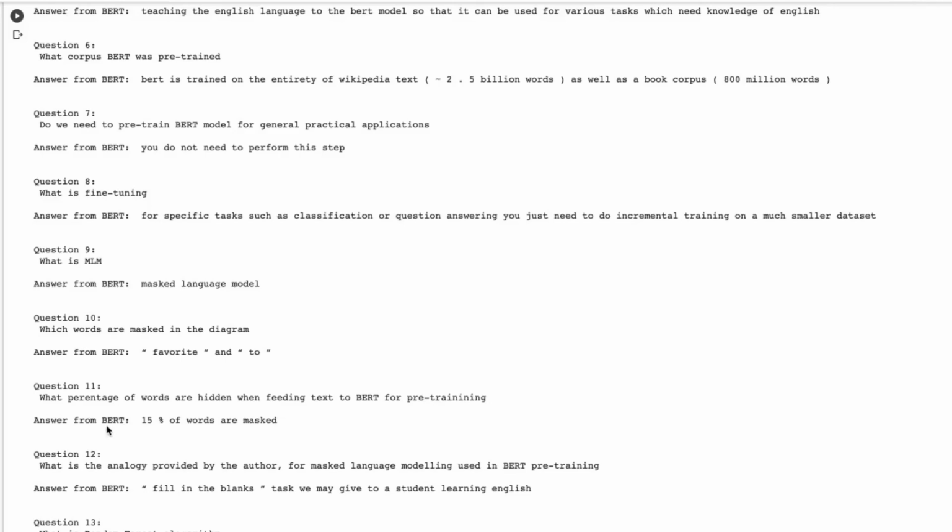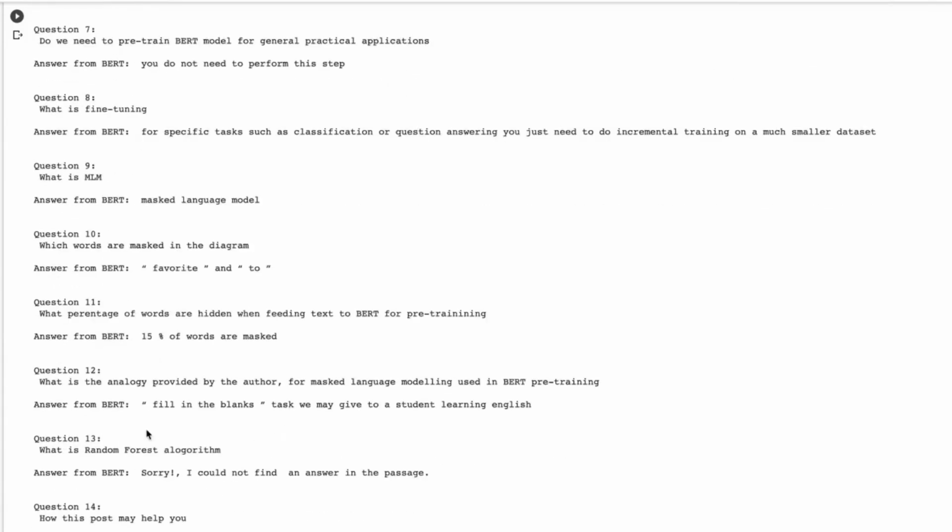So when BERT was pre-trained, they masked 15% of words. In fact, 10% of those words were replaced with other random words, and another 10% were kept as they are. But at a high level, you can say that 15% of words were masked for BERT pre-training.